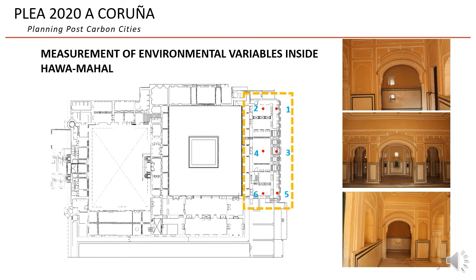In order to obtain the information and data related to the thermal comfort characteristics inside Hawa Mahal, each zone and floor of the building was investigated physically. Due to the shortage of instruments and manpower, the location for measurement of real-time data was limited to the ground floor only, with 6 distinctive locations as per the figure. These points are located in the vicinity of the front facade.